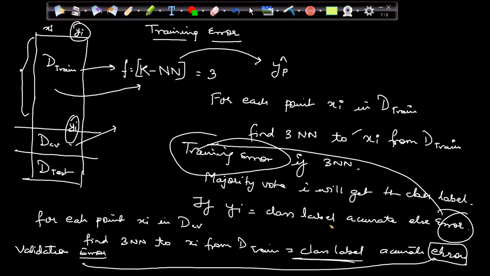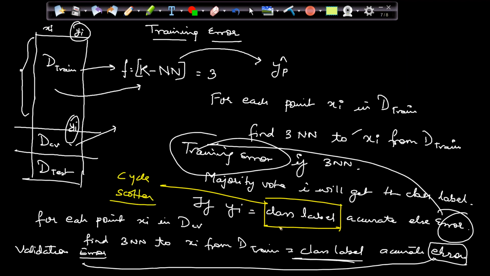So this class label is nothing but the predictions, basically. Whether I'm going with the cycle or I'm going with a scooter. That is my class label. If my yi, which is original, here I have data, scooter, and my class label is also saying scooter, then it is correct. But if this class label is coming out to be cycle, then it's wrong. So my prediction coming as cycle, then it's wrong. Class label is wrong because it's not matching with yi.